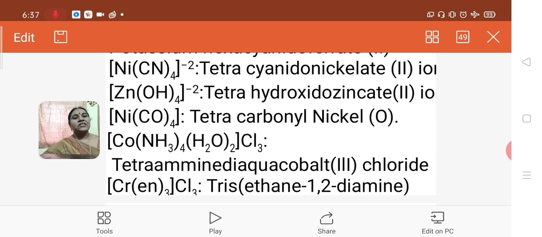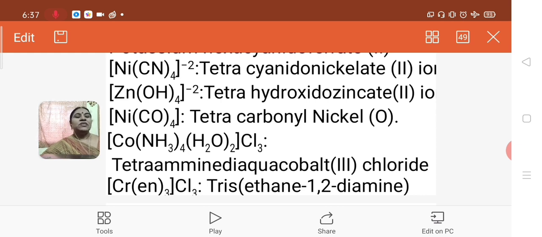So neglecting the numerical prefixes, consider only the name of the ligands and arrange them in alphabetical order, and then start naming the complex. Because there are 4 NH3 ligands, you can name it as tetraammine, then diaqua,